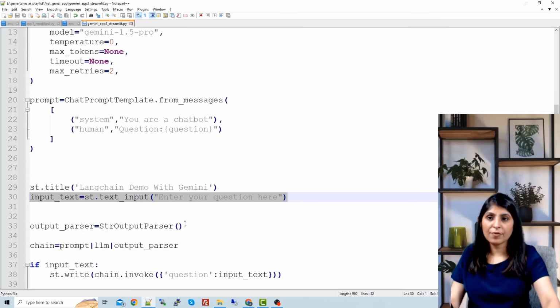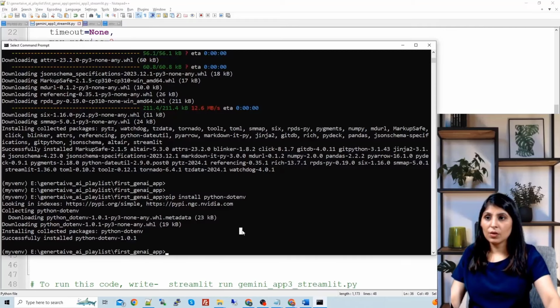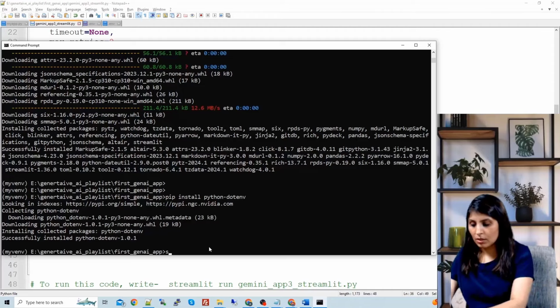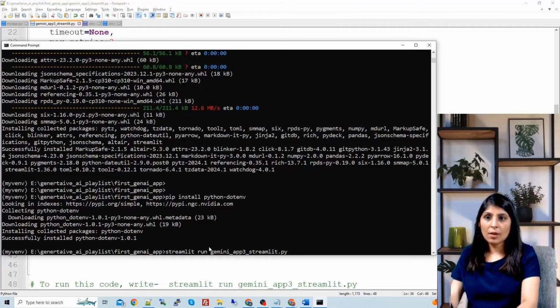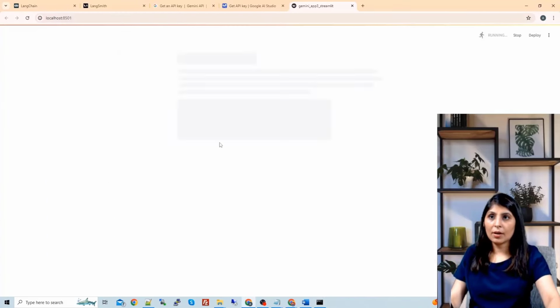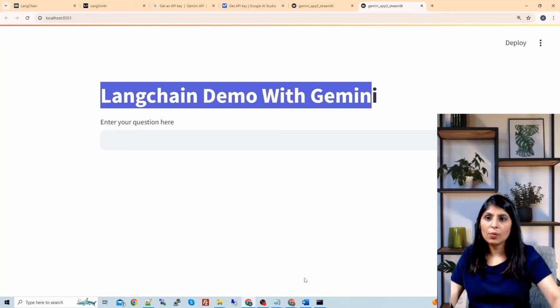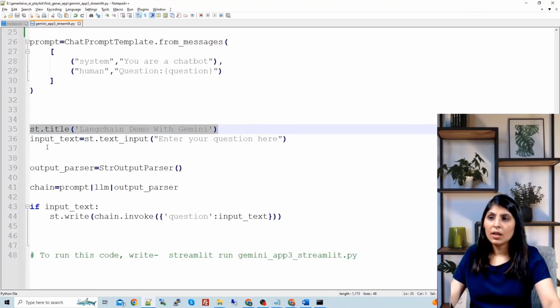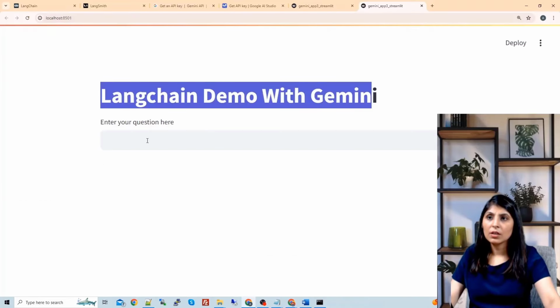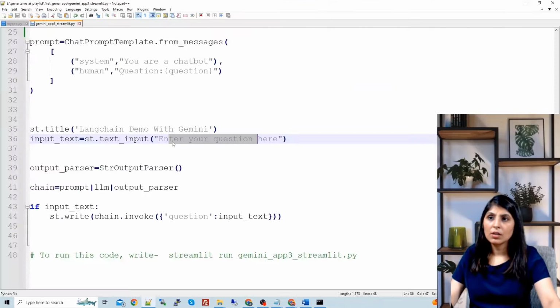So let me open this app first and then we'll see it. We were here, we have activated the environment. Now write streamlit run Gemini app3.py. This will open our app. This is our app. Now here you can ask a question. This we are getting with the help of st.title, and this input text, enter your question here. This we got with this, and then